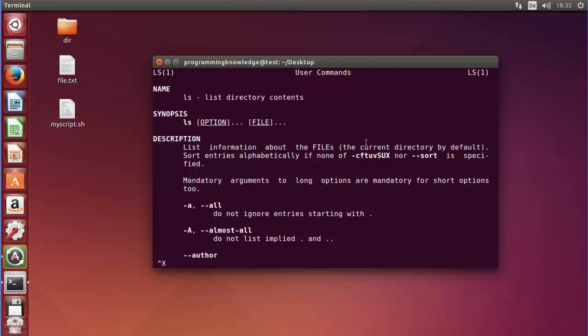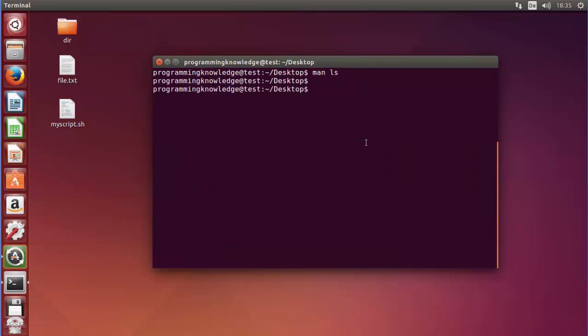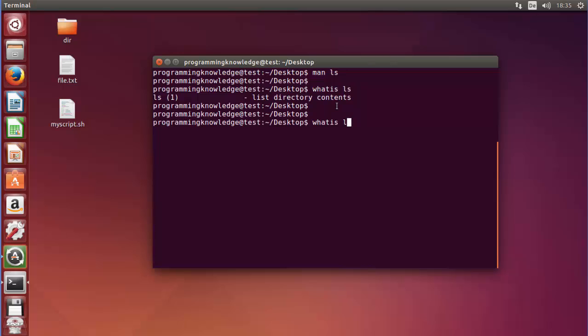So let's see how we can use this whatis command. Just write whatis, something like this, and then ls, and press enter, and you can see it gives the short description of this ls command which is there in the man pages itself. So if you want to know what a command is doing, you can just do whatis ls, or any command. So let's say I want to do whatis Firefox, for example, and it gives a free and open source web browser from Mozilla, right?